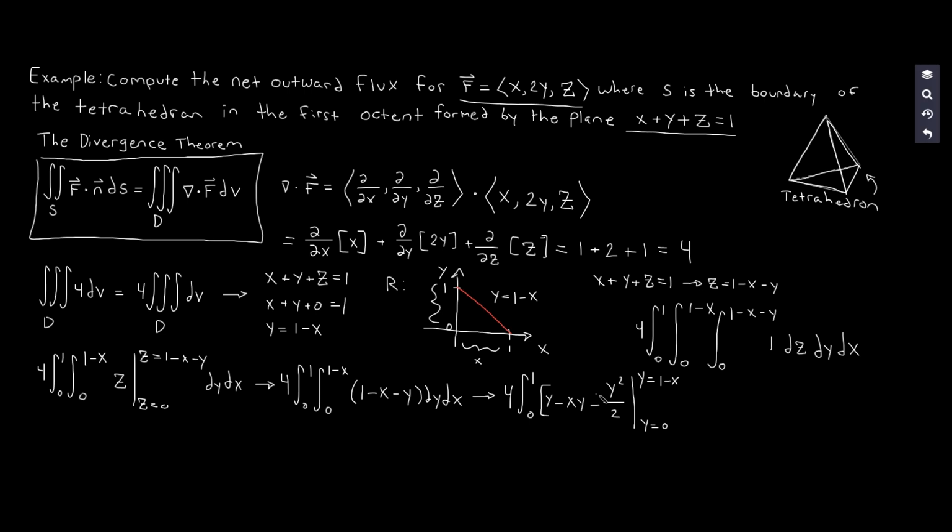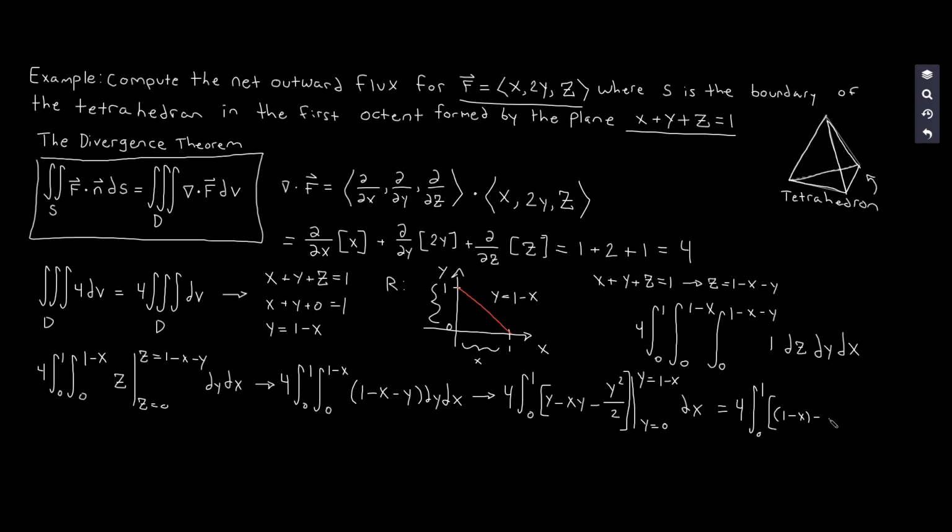And then this whole thing is going to be integration with respect to x. So I'm going to evaluate this thing at its limits of integration. I'm going to say 4 times the definite integral from 0 to 1 of, one more time, y minus x times y minus y squared over 2. And I'm going to plug that in. I'm not going to do the 0 because it's 0. 1 minus x